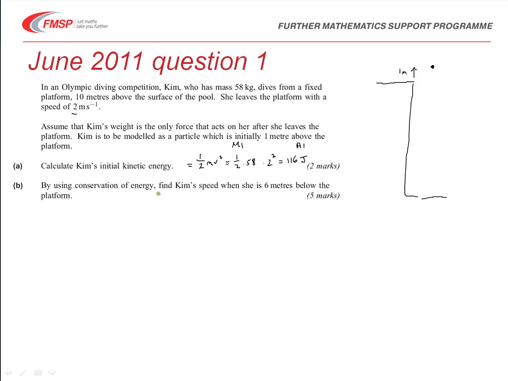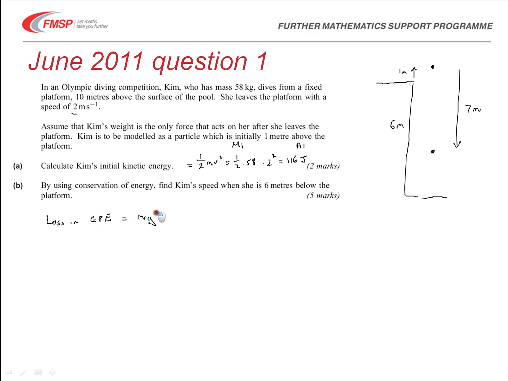Okay, then it says by using conservation of energy find Kim's speed when she is 6 metres below the board. So that means she gets to some point down here, so that's 6 metres below the board. So in total, she's fallen a distance of 7 metres. We know her initial kinetic energy, and we can work out how much gravitational potential energy is lost as she falls. So we can say that the loss in GPE will be equal to